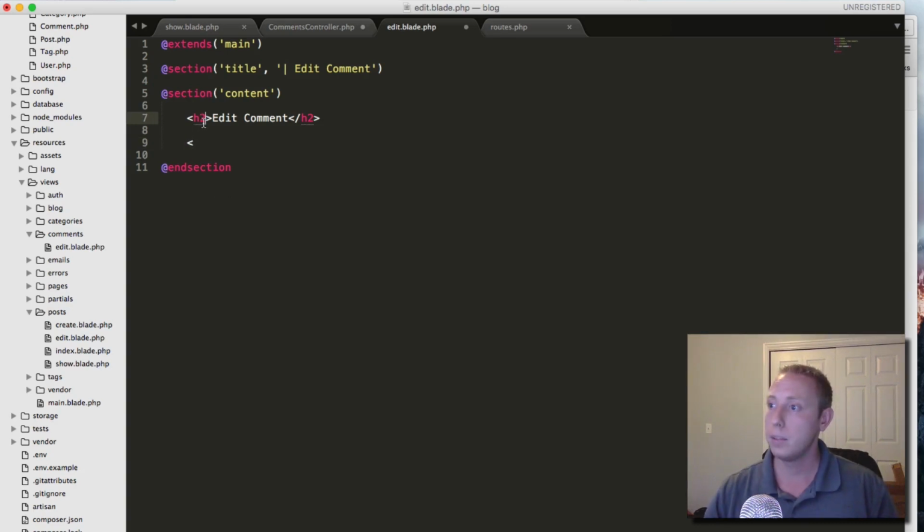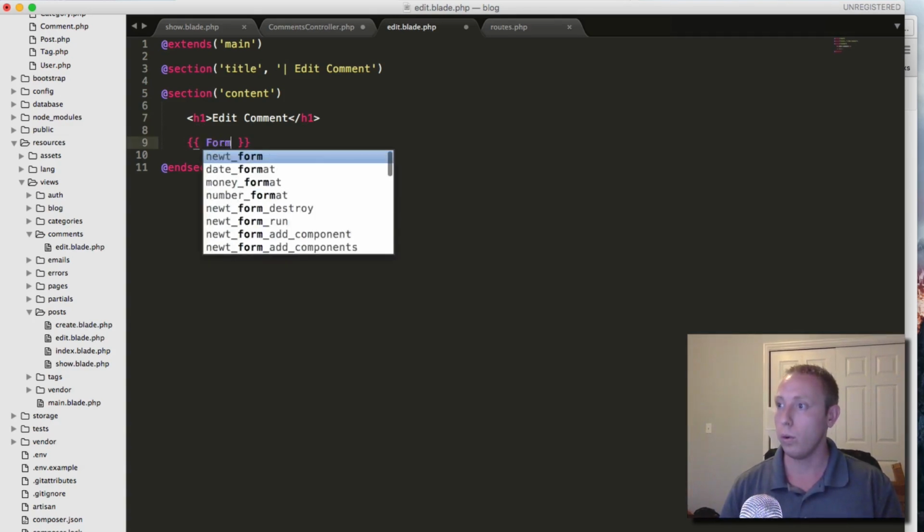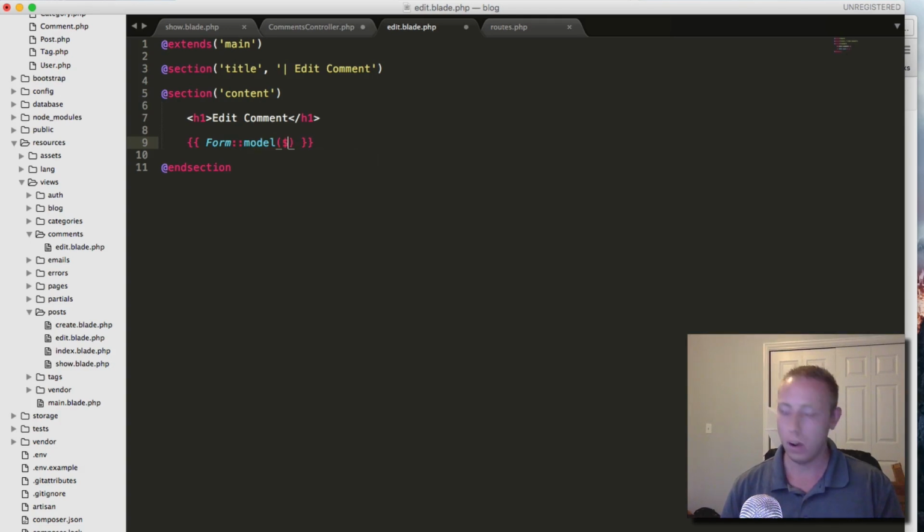And we just make these H1s, I guess. And now we'll do our form binding. So we'll do form model. We pass in our object that we're going to be syncing, which is comment. And then the second parameter is going to be all the other stuff, like our route, where we want to